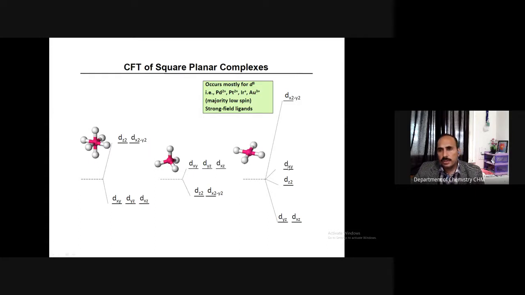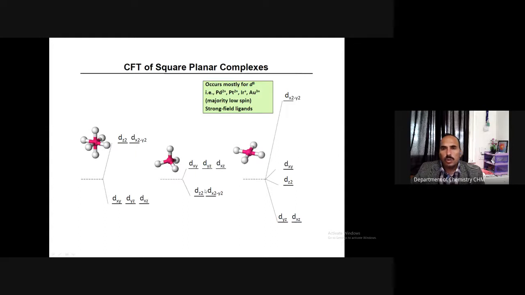So the next orbital which is being affected most in the square planar geometry is the dxy orbital. After that, you see the dz square orbital, because now none of the ligands is affecting dz square, so it is coming down even below the barycenter, and dz square is now below with the dxy. dyz and dxz are in between the axes and they are not getting affected. So they are farthest away from the approach, and so their energy is the least in this case, square planar